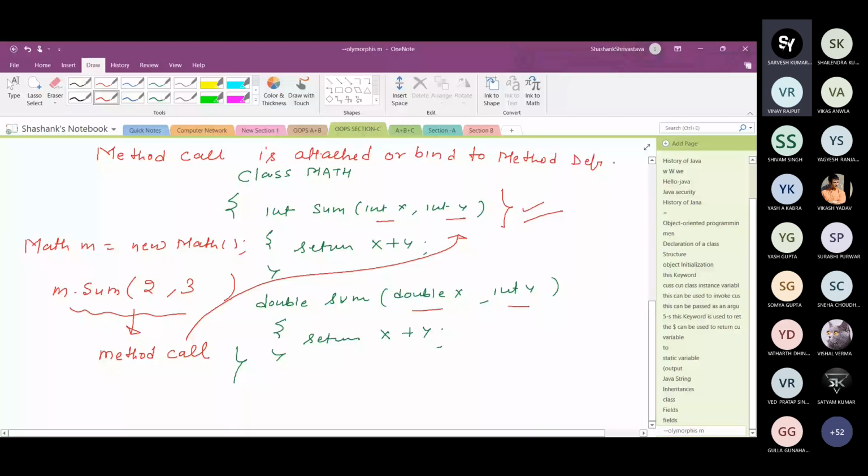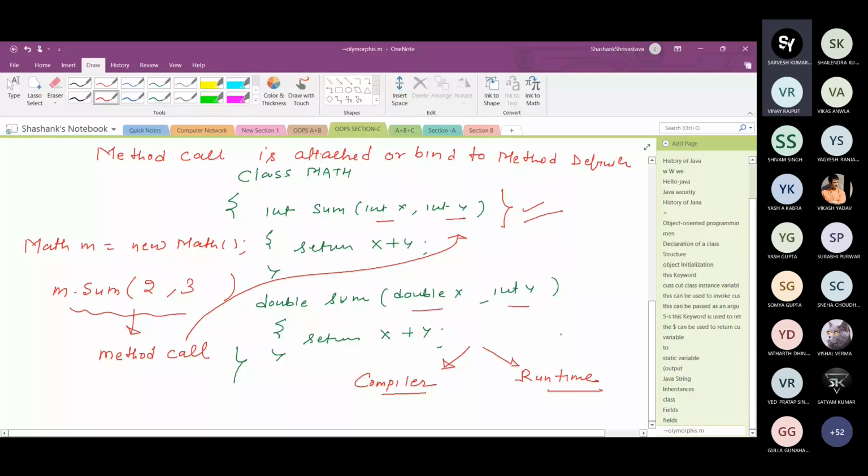This process is called binding of method call to method definition. And if this binding is decided at compile time, it is called compile time polymorphism. If it is decided at runtime, it is called runtime polymorphism.